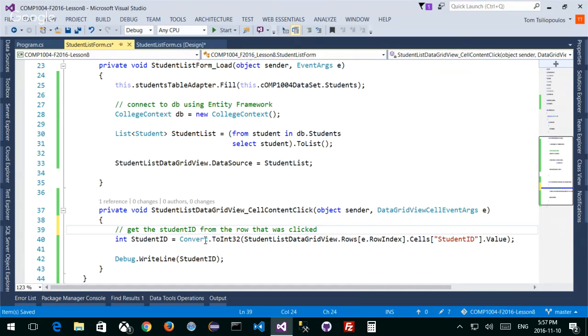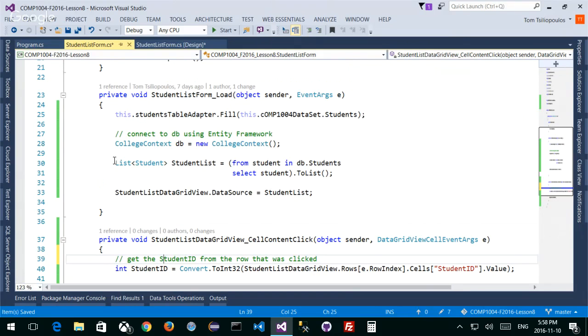Once I've got the student ID from the row that was clicked, guess what I can do with it? I can connect to the database again, and I can do another statement like this. But instead of returning everything, I'm only going to return the student ID from the row that I want. Or I can grab all the rest of the information from the row if I want to as well. Okay, now there's a problem here. If I kept doing this over and over again, college context DB is equal to new college context over and over again,